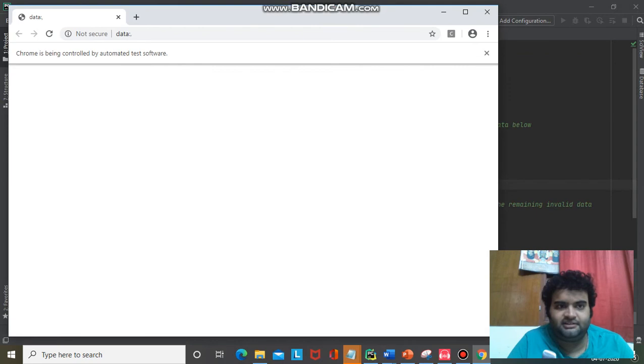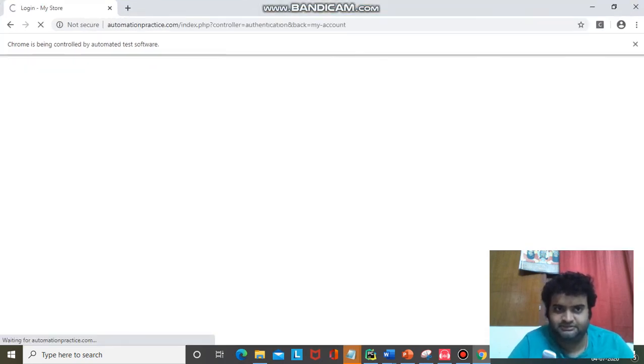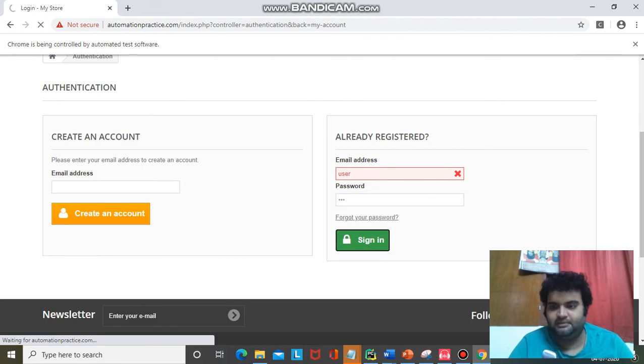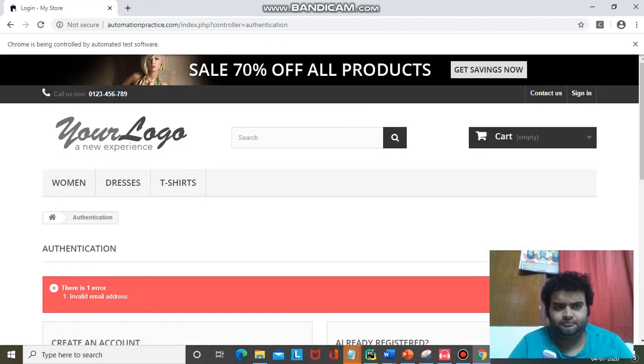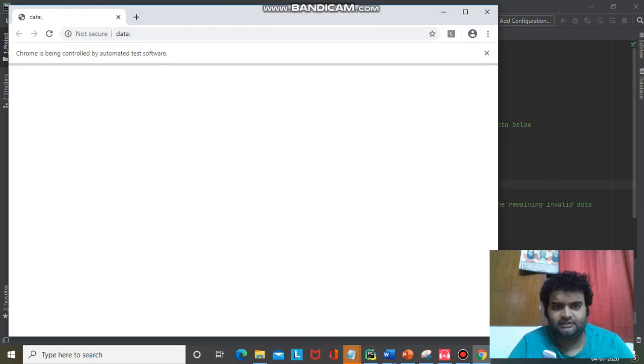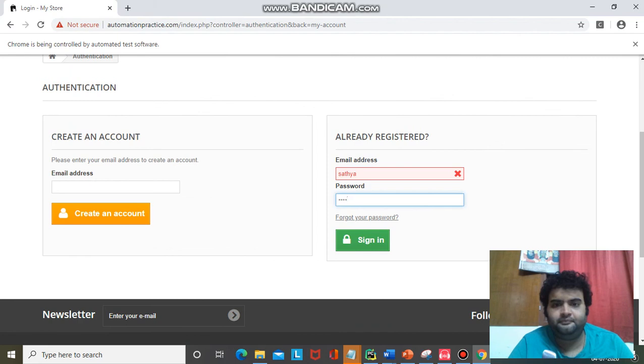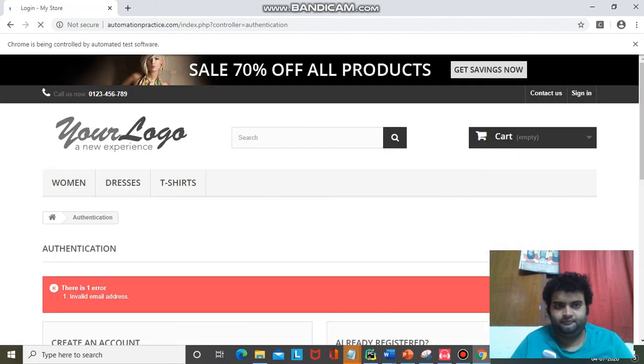The third one is where I'm giving invalid credentials and checking whether the system does not accept the credentials, and I am tracking that as a failure in my scripts. This is the last test case, where again it is entering invalid credentials.